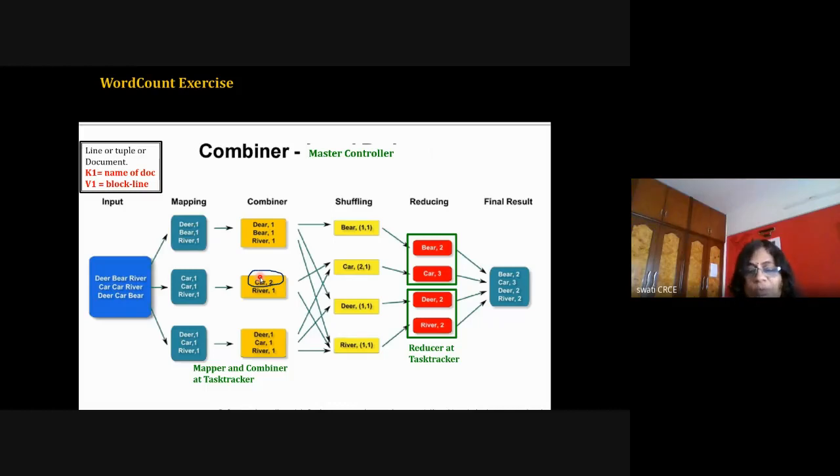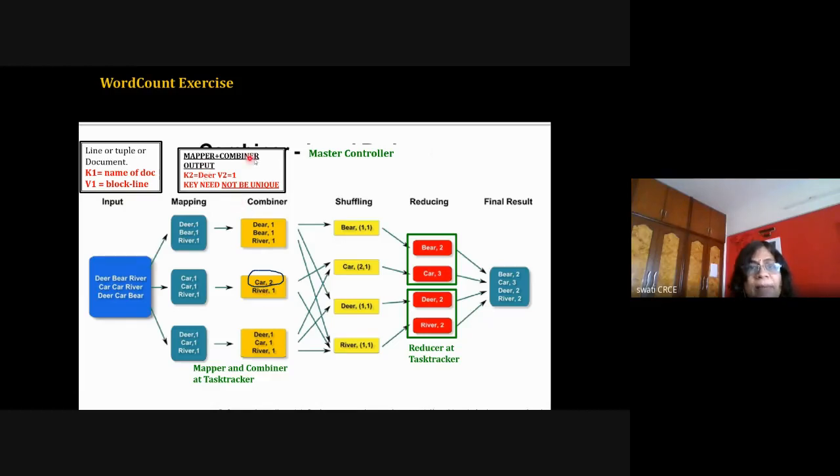Okay, so the combiner is optional. Even if you don't write the combiner, it is not a problem. But why is the combiner written? Because if you don't write this combiner, when the intermediate output is shuffled, then this car is shuffled 2 times, once for the first key and then for the second key from the same location. Instead of that, if the output is combined here, only one signal is transferred. So to reduce the traffic or to save the network bandwidth, this combiner is used.